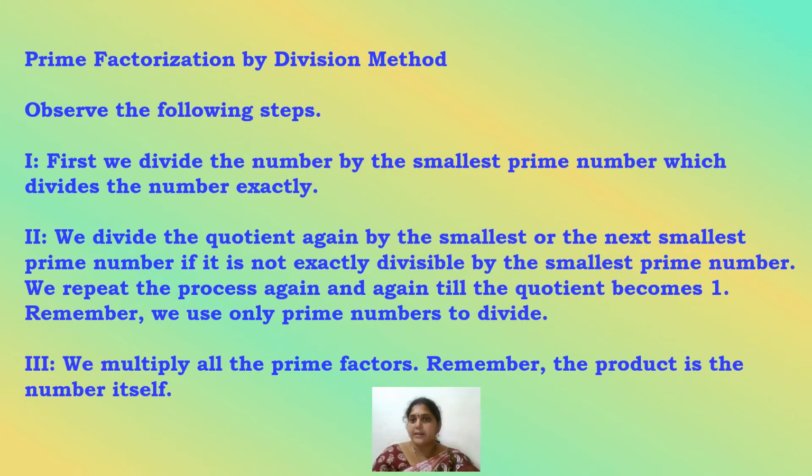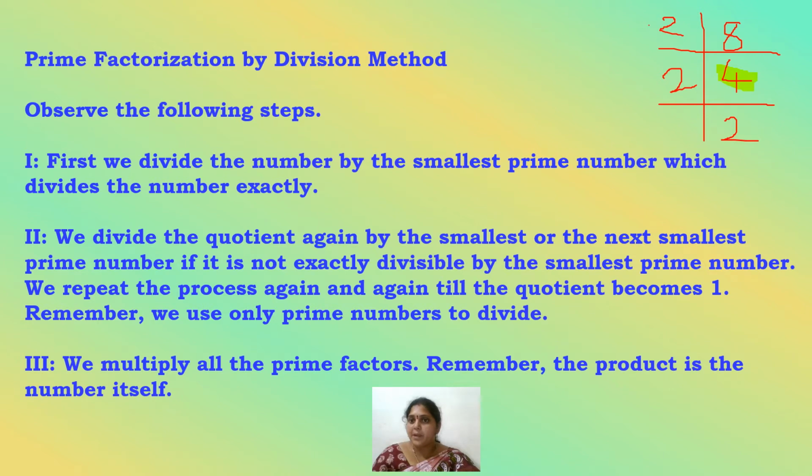For example, I'll take my number as 8. 8 is a composite number. I have to divide only with the prime numbers. The smallest prime number is 2. So, in 2 table 8, how many times it goes? It goes 4 times. Write the number down. Now 4 is a composite number. It is not a prime number. Again this 4 should be converted into prime numbers. So again divide the number 4 with the smallest prime number 2. So how many times it goes? 2 times. Now 2 is a prime number.